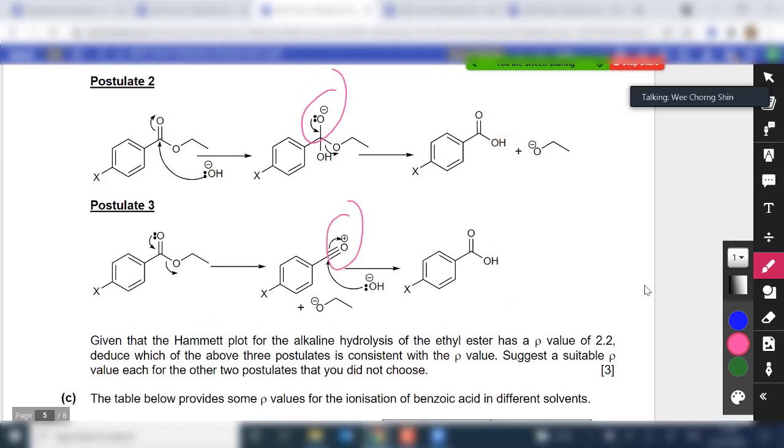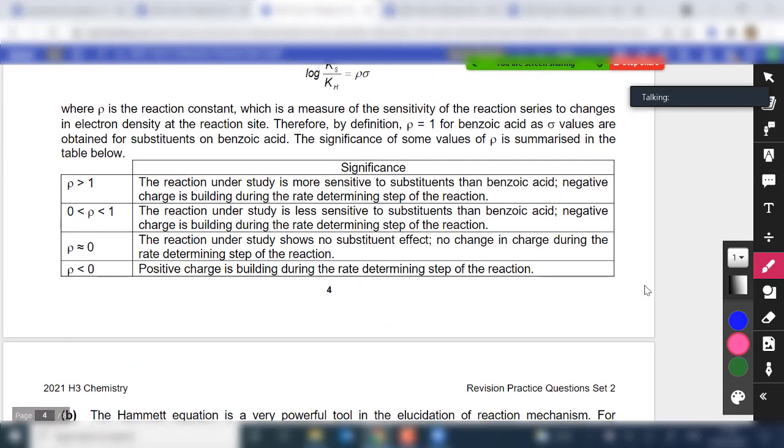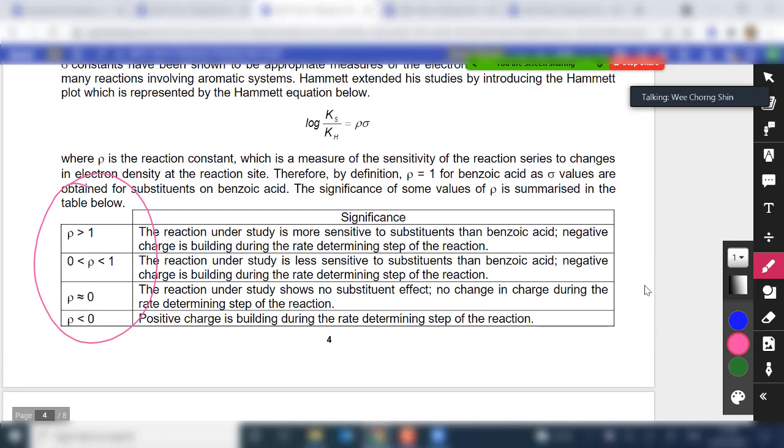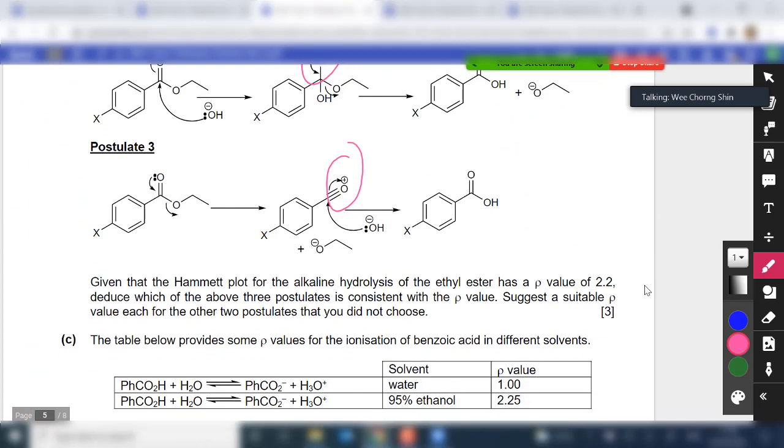The other one, you develop a positive charge at the O. So how do you know? Well, you look at this. This explained to you. If this rho is greater than 1, it is sensitive to substituent, so negative charge is building up in the rate determining step. Then in between, negative charge is building up, but it's less sensitive to the substituent effect. Close to 0 means no charge is developing, less than 0, positive charge is building up. Okay, so clear cut. Then after that, they ask you,